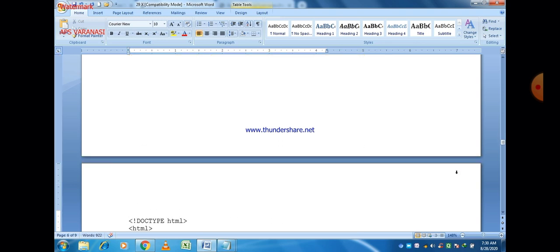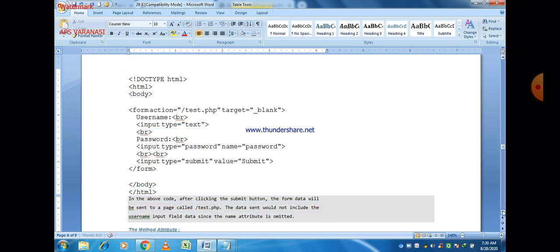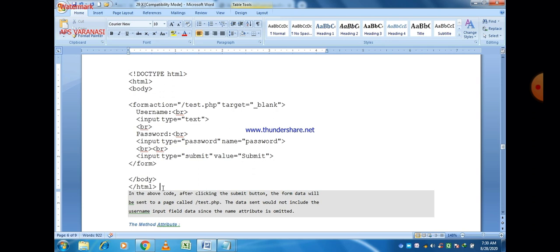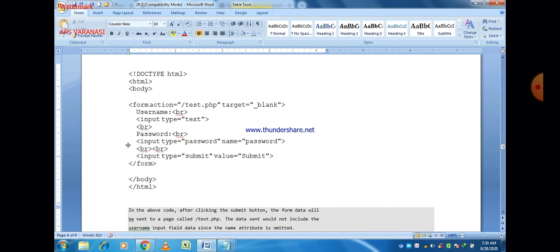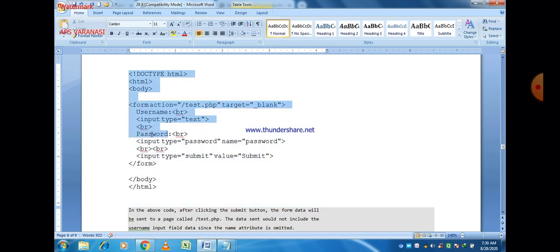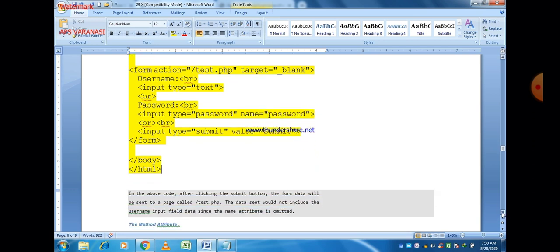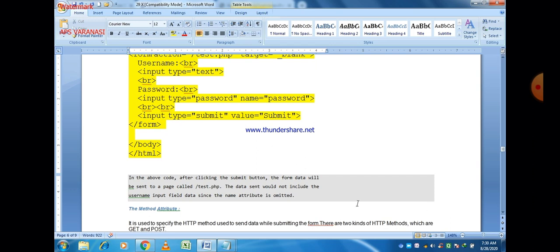And this is a program which shows the use of the name attribute. A simple program here. There is a text box, a password box is also there, a submit button is also there, and with these we use the name attribute. After type password, you can easily see that name is equal to password is given.